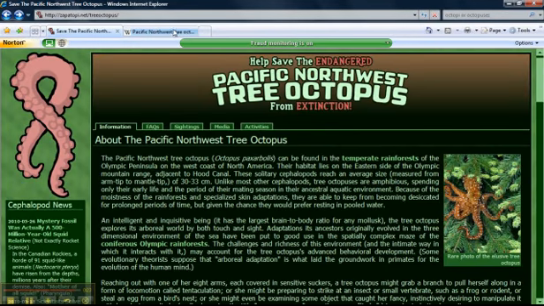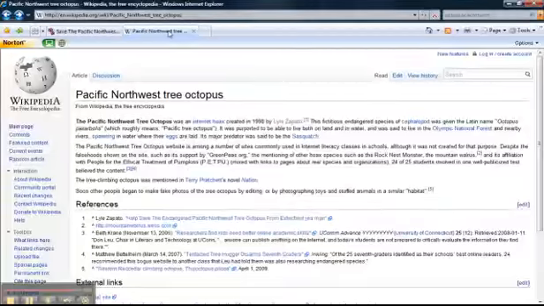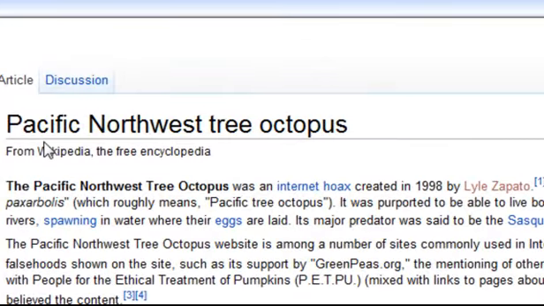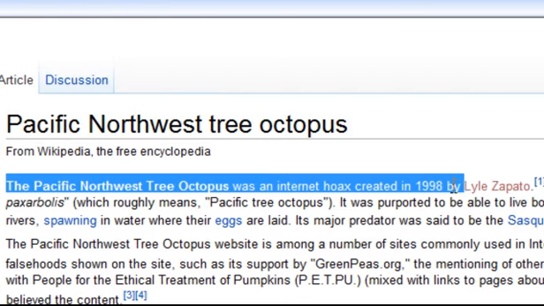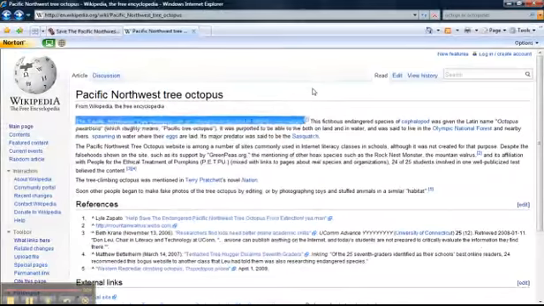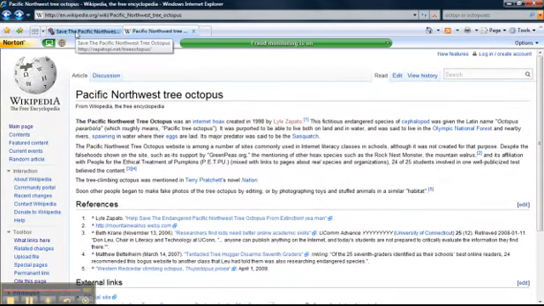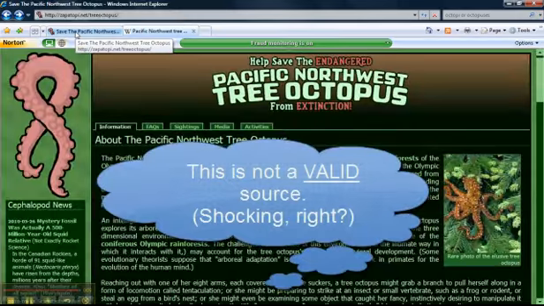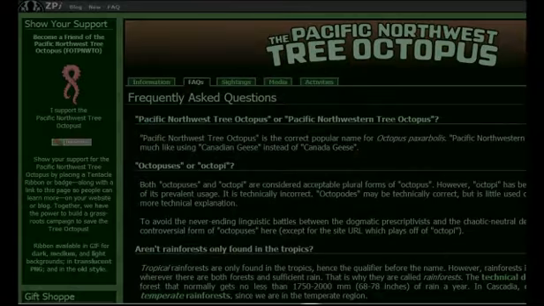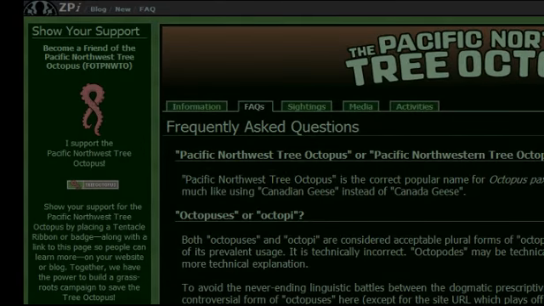Just in case we weren't sure, what's another quick and easy way to figure it out? Not a guarantee, but if you go to Wikipedia, type in the Pacific Northwest tree octopus, what's the first information you get on it? It was an internet hoax created in 1998. Well, there you go. We know it is not valid. In summary, perhaps